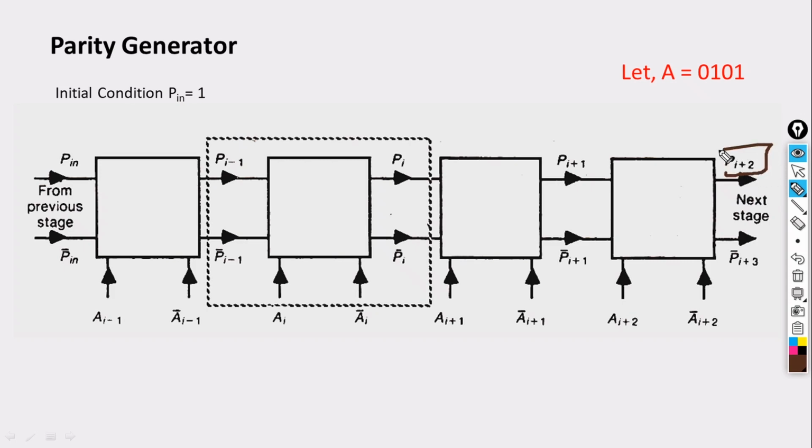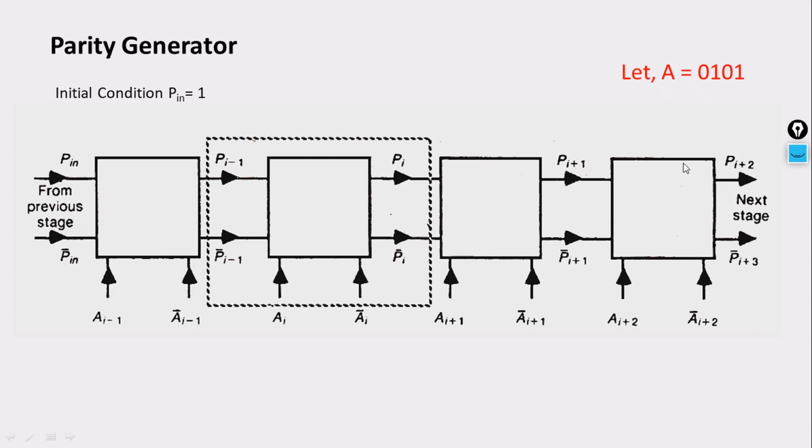This is actually my output p, and this is going to be my p bar for this particular scenario. Since it is a 4-bit number, now let us look at the thing. Now here 0 1 0 1. Let me take this as the 0th bit, this is the first bit, this is the second bit, so this is the third bit.